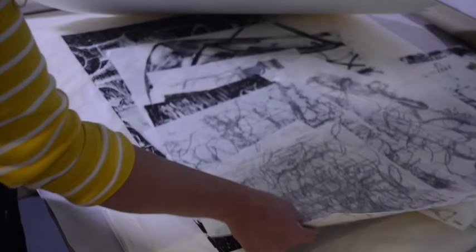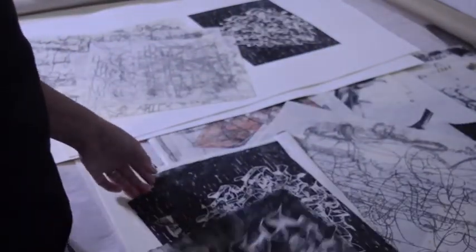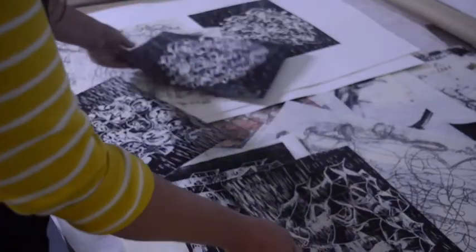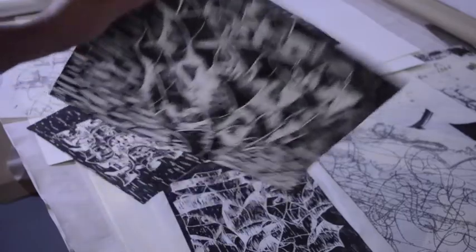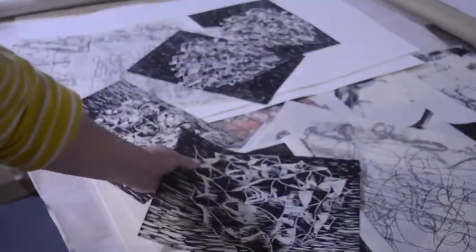I don't think I've shown that work anywhere though. I don't know how many woodcuts I did. Lots of little woodcuts. Here, and let me see if I can find you a...